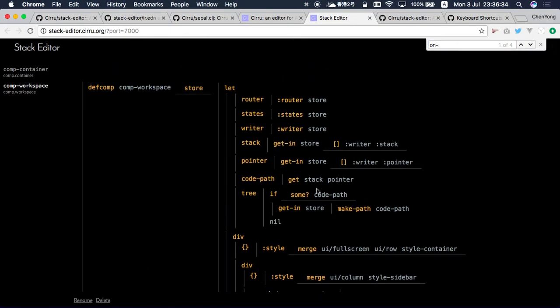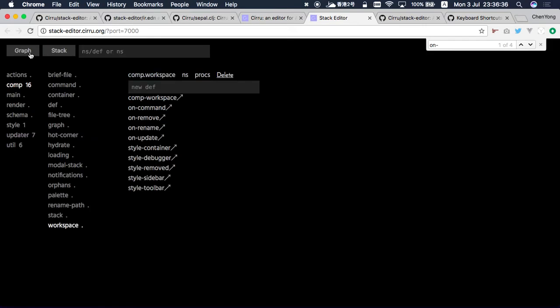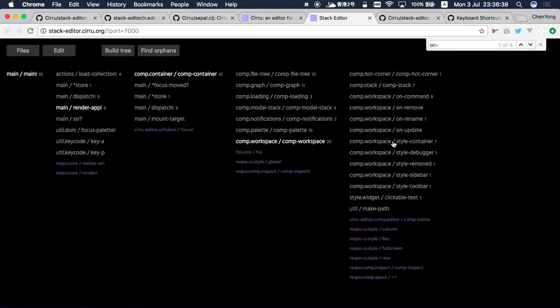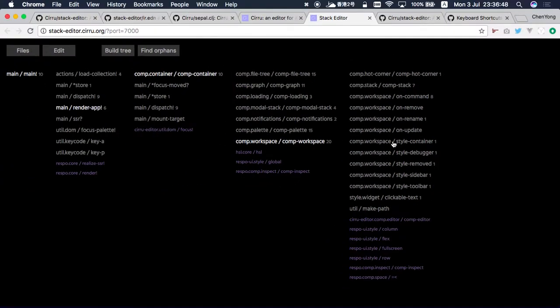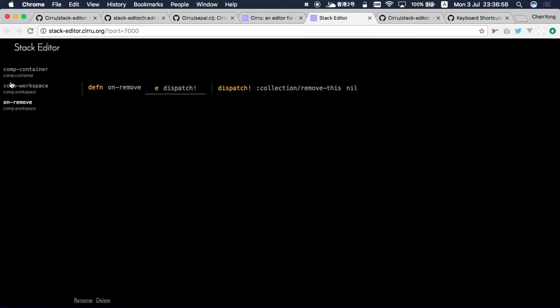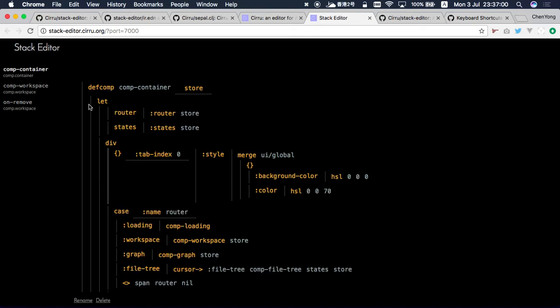So you can believe that these functions are all the dependencies. You may not use this feature frequently, but I'm just going to tell you what the stack editor does. It analyzes the dependencies and puts them on the sidebar,